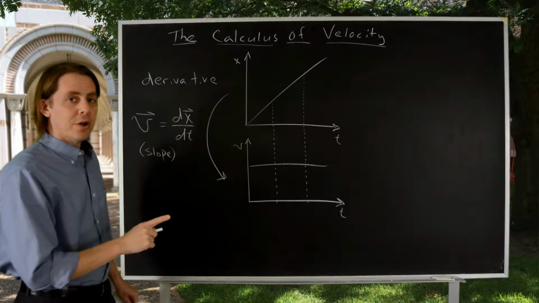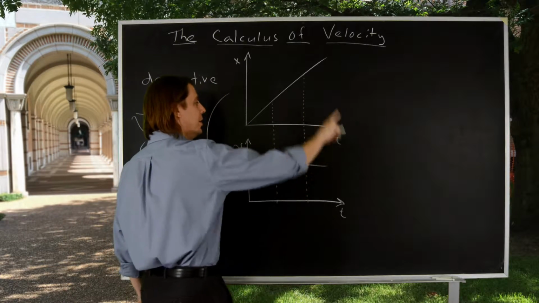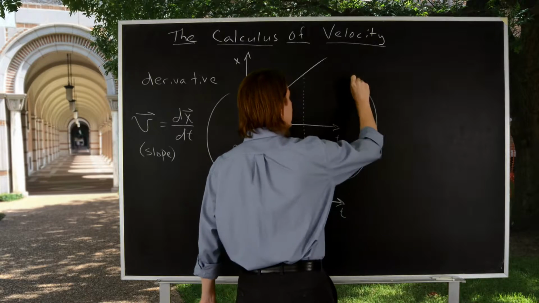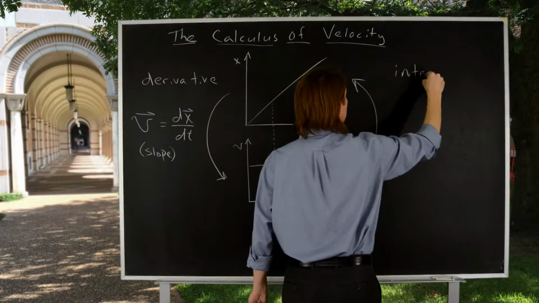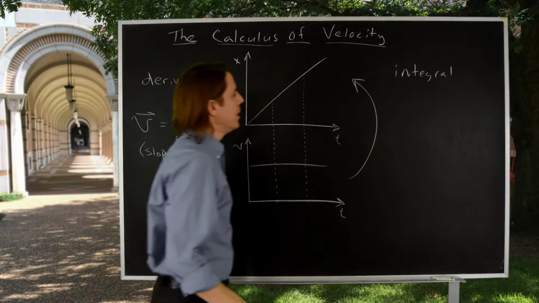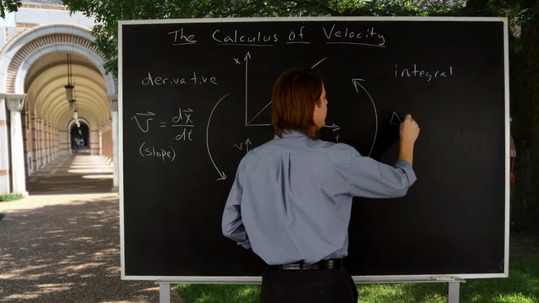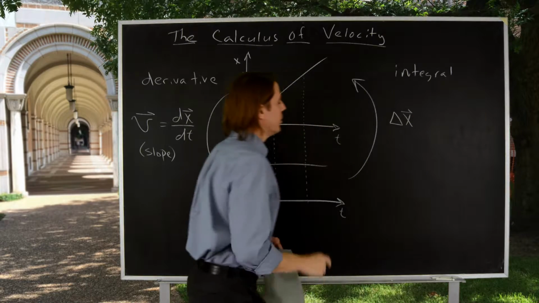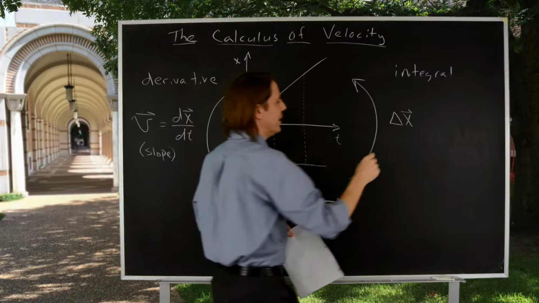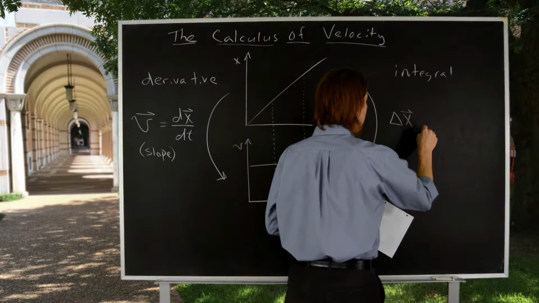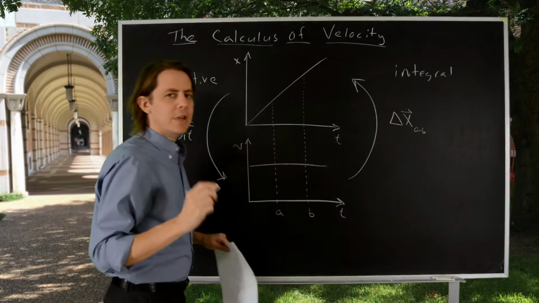But you can also go the other way. That's another important idea of calculus. We can go from this plot up to this plot, so we go this way with an integral. The formula you would use: when you go this way, you have to think of a difference in two places. The displacement from A to B is equal to the integral